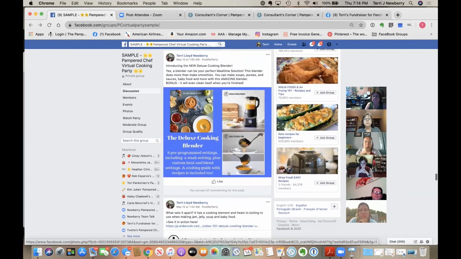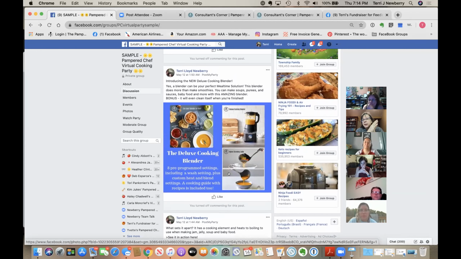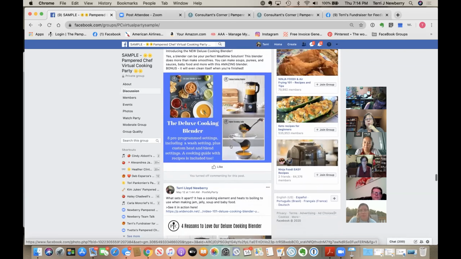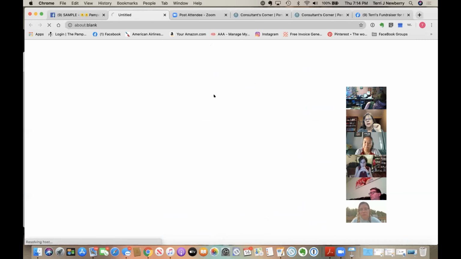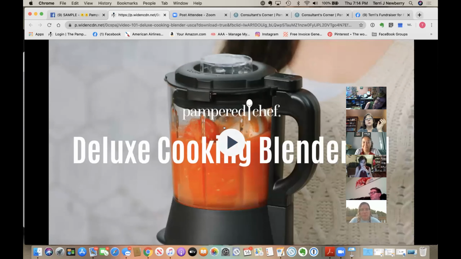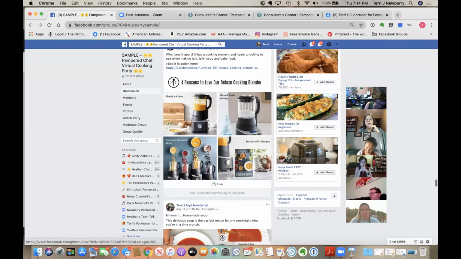Scrolling on down, I want to show you this. This is important. We're going to focus on the higher priced items as a way to get bookings, right? And guess what? People also buy higher priced items all the time. So you're going to want to show videos, and there are different ways to do videos. You can click here to see it. There are also ways to have them run automatically, and we're not going to go into that right this minute because it's just more. But if you include the link they have to click on, say something like "see it in action here," where they can click on it and it's going to run the video to show the product in action.